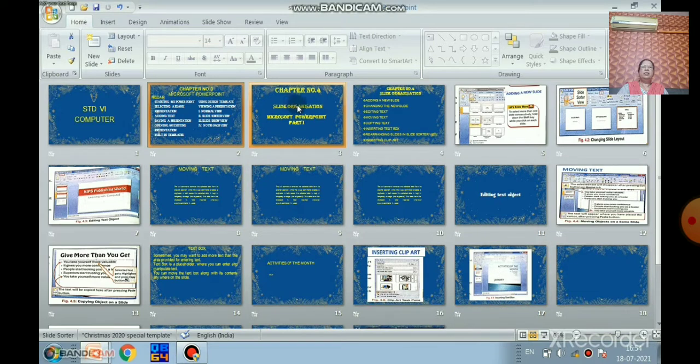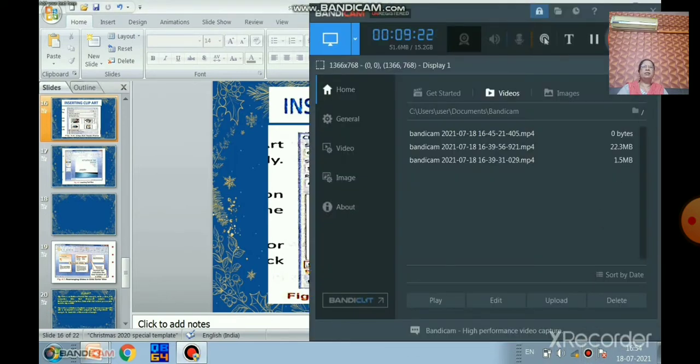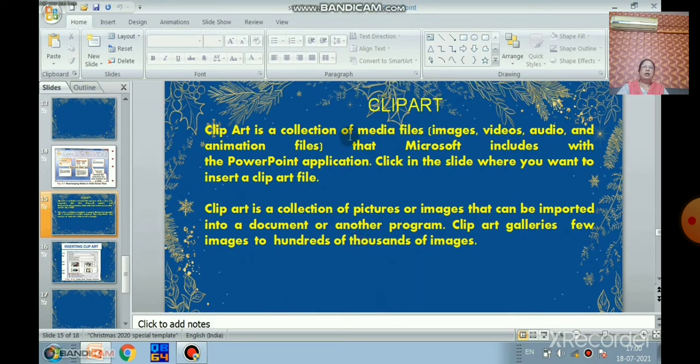Yes children, now we will learn how to insert clip art. Clip art is used to add pictures in the slide. Clip art is a collection of media files, images, videos and animation files.